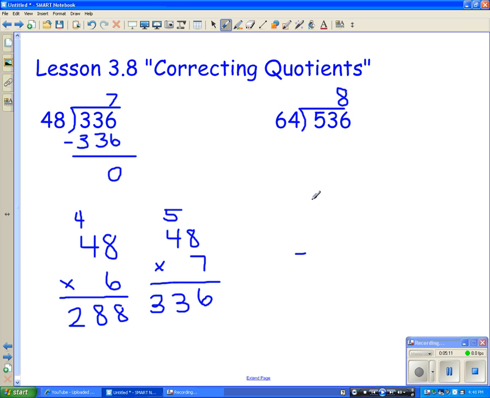If I do 8 times 64, I come up with 512. Subtract. 6 minus 2 is 4. 3 minus 1 is 2. 5 minus 5 is 0. Now, this number, as I compare it to my divisor, is less than 64, which means I have not estimated too low, and I couldn't subtract, so I have not estimated too high. So my quotient is 8, oops,